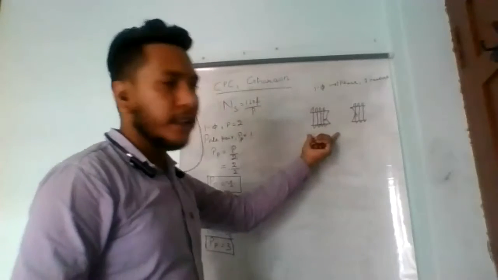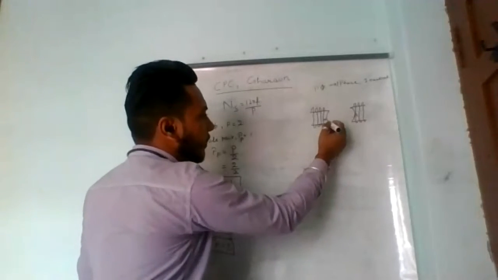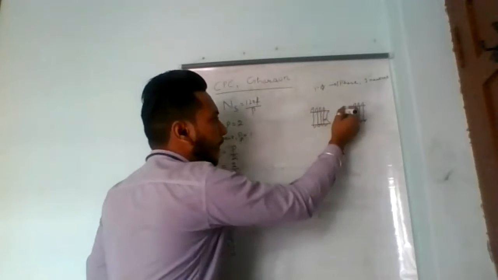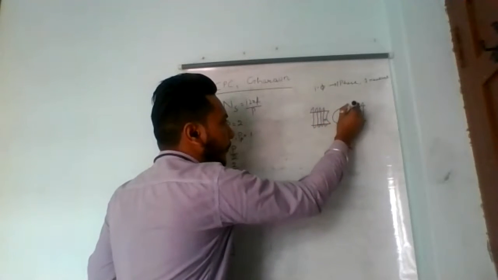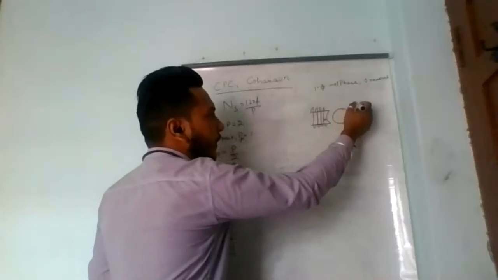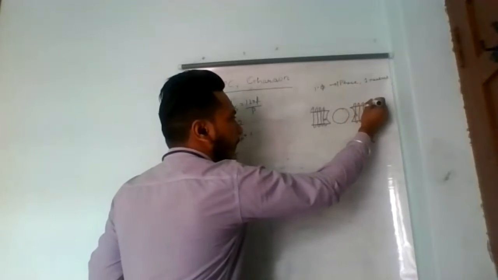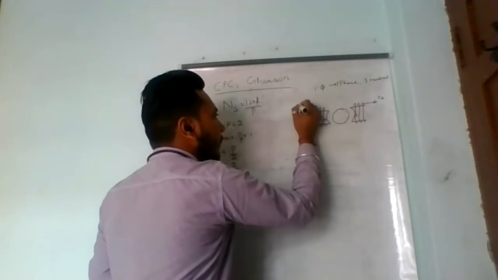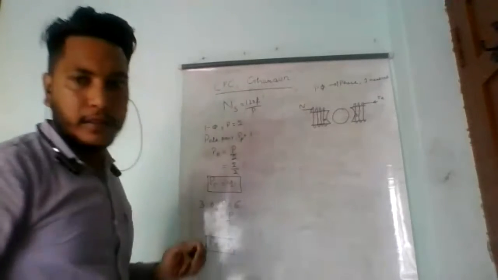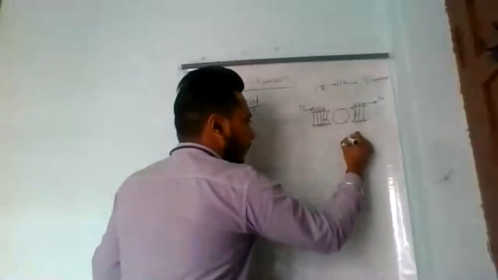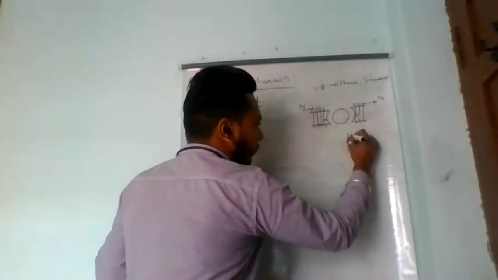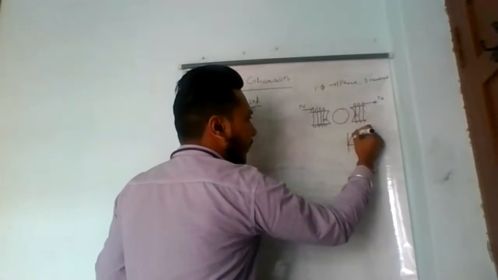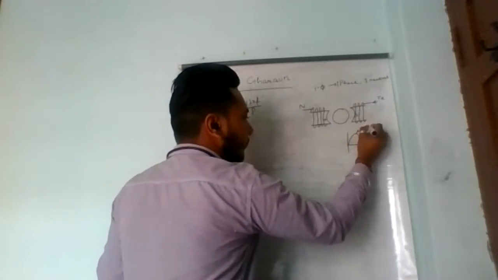Let us consider the example of a single phase induction motor. This is the stator of the induction motor. These are the poles, and we make the windings on the poles for more magnetic field. Here is the rotor. The connection of the stator winding is that at one side there is a phase terminal IR, and at the other side there is a neutral. Let us draw the waveform of this single phase voltage or current. This is the IR phase.